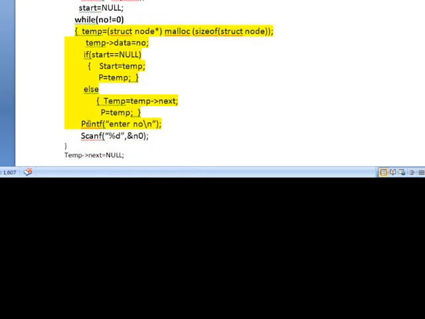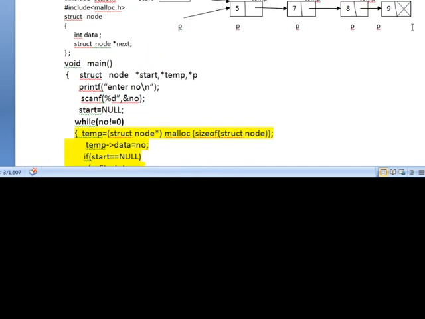Next you have to enter the number here using these two statements. When you use this statement, this time I am going to give the number value as 0 because I want to store only 4 numbers. For 4 numbers, 4 nodes have been created and the respective values have been stored. That's why the 5th time I have to give the value 0 for the number. Whenever we give 0, what happened? This loop is terminated. When this loop is terminated, your result is like this.